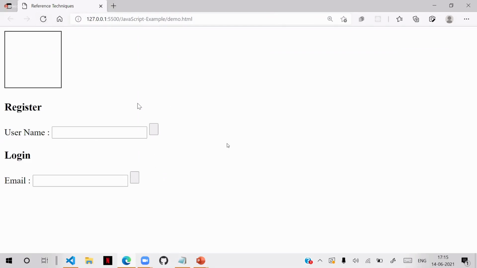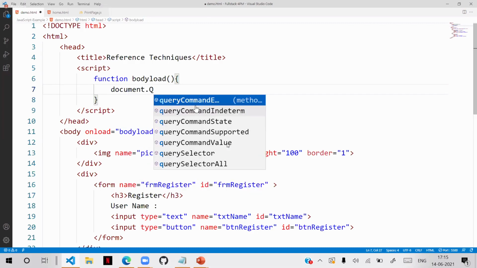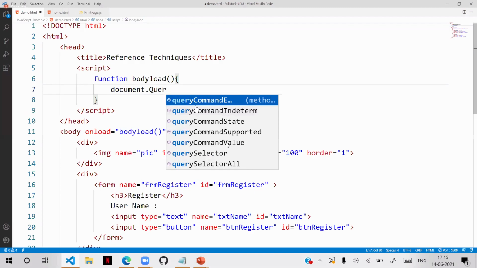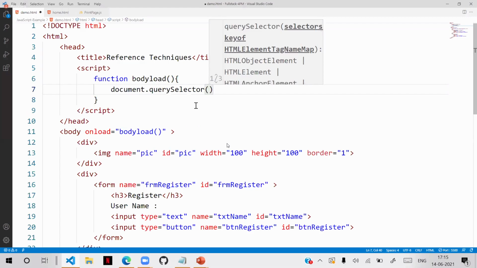Query selector is nothing but document dot query selector. This query selector can access elements by using the selector technique. So the selector technique concept is nothing but,